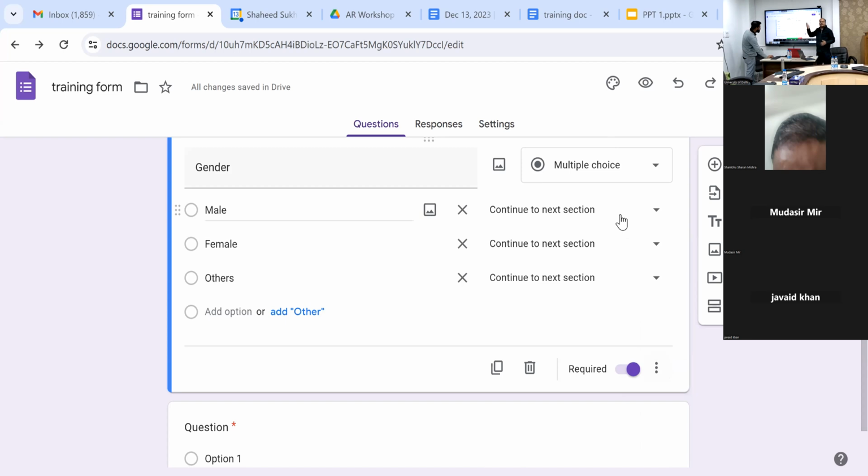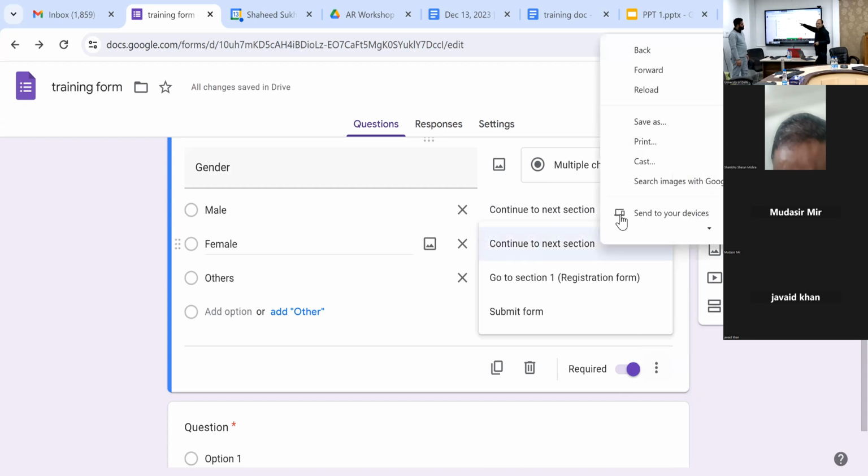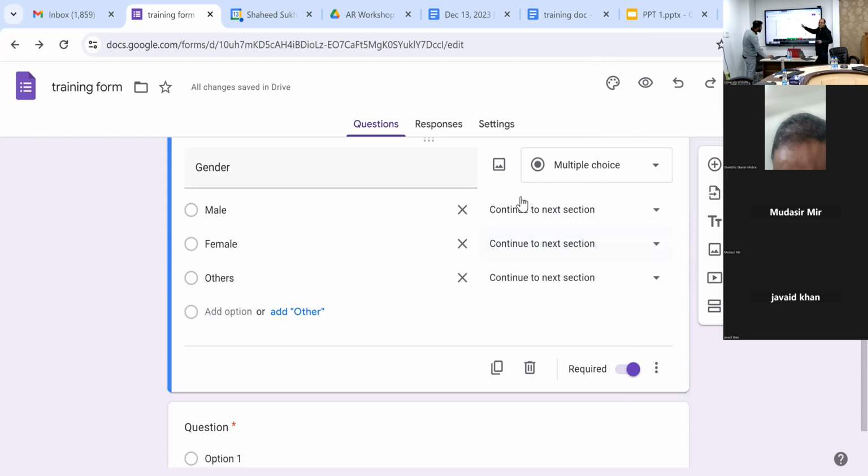So you want to create a next section, a set of questions for female employees, a set of questions for male employees, and a set of questions for category A employees, category B employees. यहाँ पे आप click डाल सकते हैं go to which section. हमने सेक्शन क्रिएट नहीं किया है, otherwise it will be there, you can select that section. और जैसे वो मेल क्लिक करेगा, वो उसको आपको सेक्शन 2 पे ले जाके सेक्शन 3 पे ले जाएगा जहाँ पे मेल के लिए क्वेश्चंस हैं, ठीक है, वो उसको वो क्वेश्चंस देगा ही नहीं क्योंकि उससे मुझे वो क्वेश्चंस के आंसर चाहिए ही नहीं।